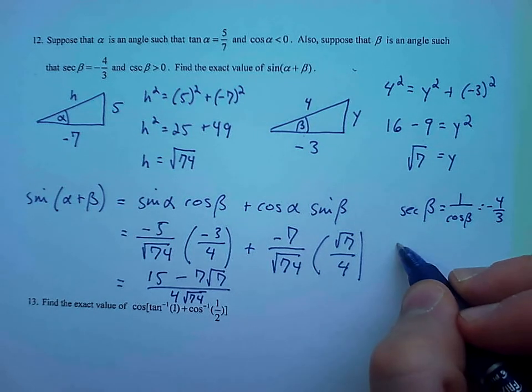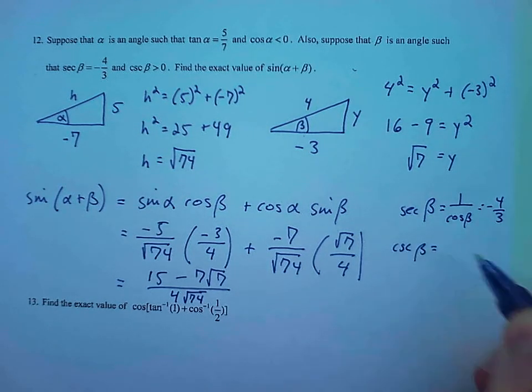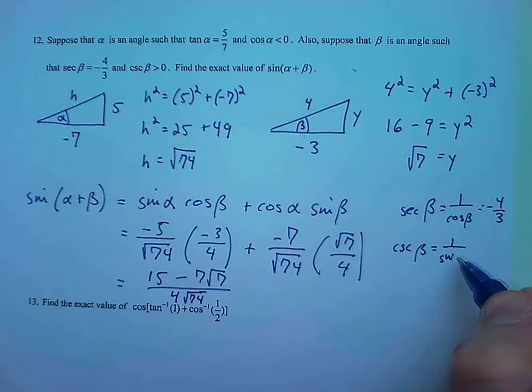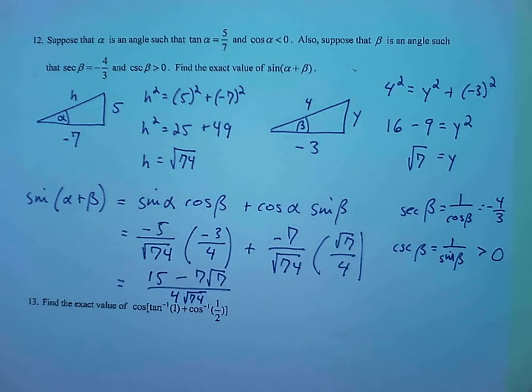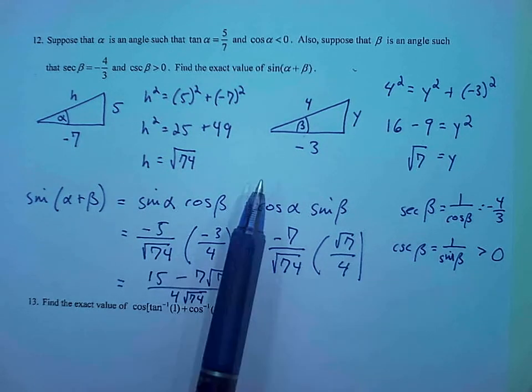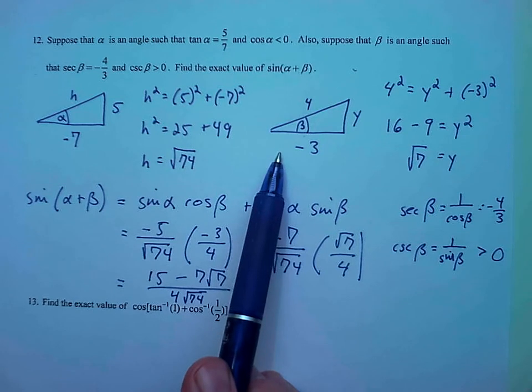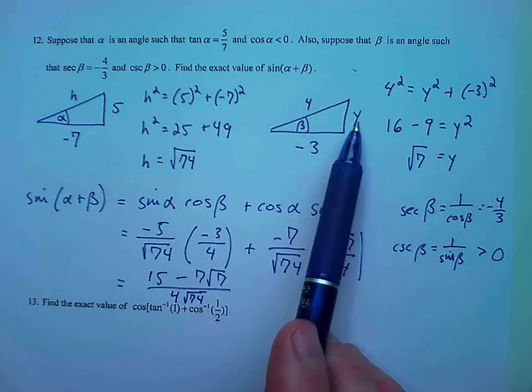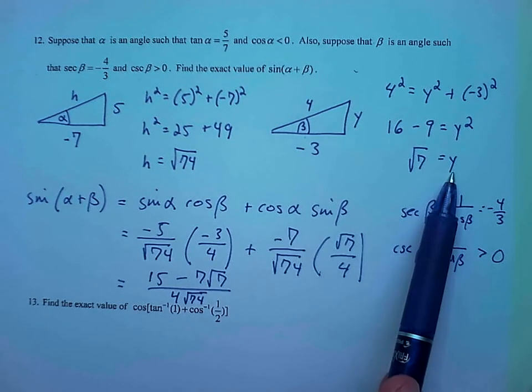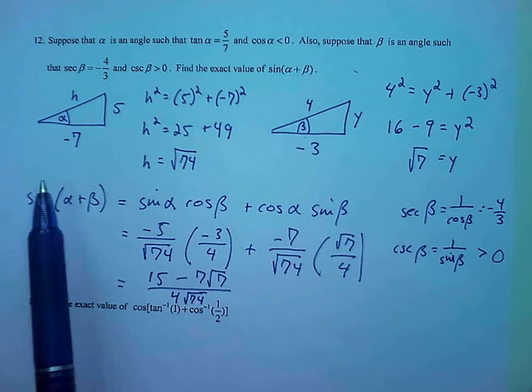And we also want that the cosecant of beta is equal to 1 over the sine of beta, and we want that this be strictly greater than 0. So the only time that this is going to happen, or if we want to make sure that this happens, then we need to have, for beta, that the sine is positive, which we have right here, and also